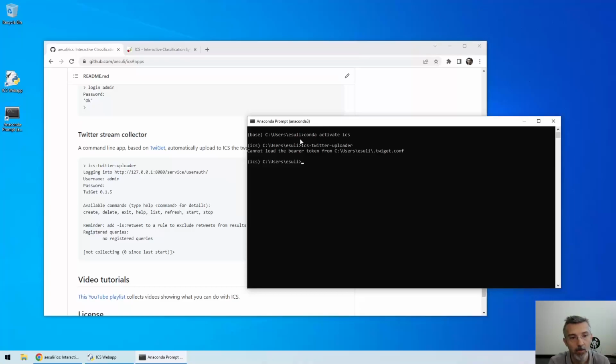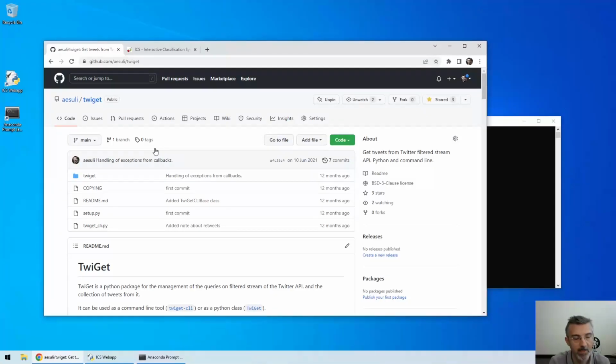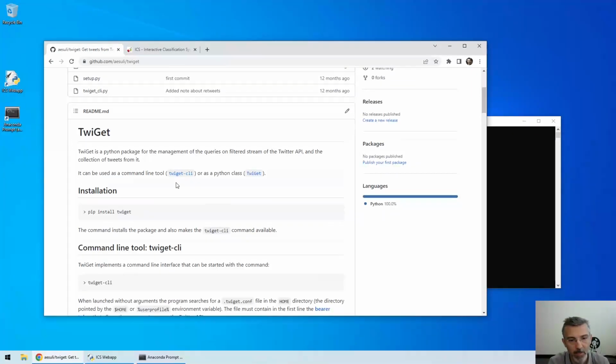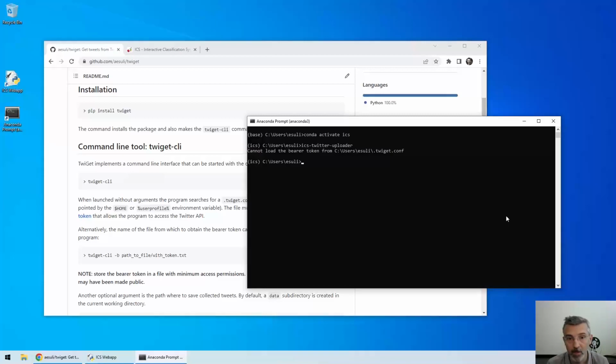Twitter. So we can have a look at the documentation of the package Twiget that is used by ICS, and if we scroll a bit we see that we need to set up this twiget.conf file in the home directory, and this file must contain in the first line the bearer token that we can get from the Twitter API. So let's see where we have to put our file. So we see that it was looking for the file here, so we can just